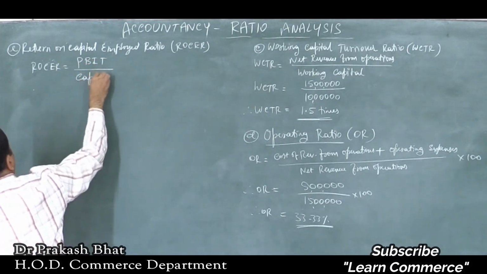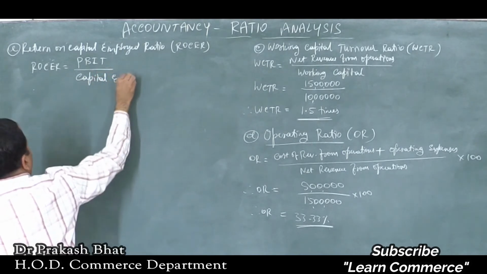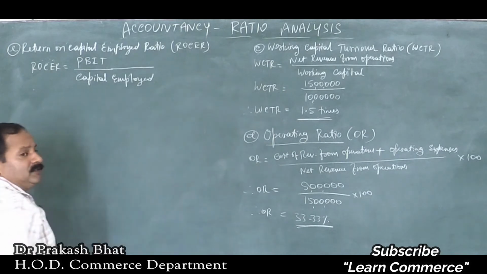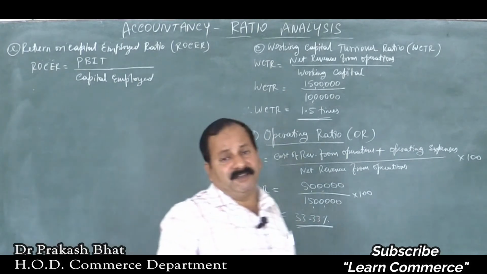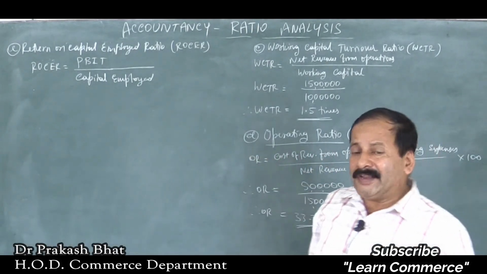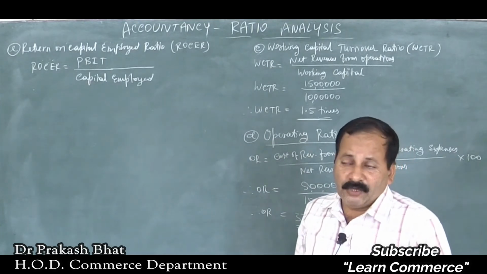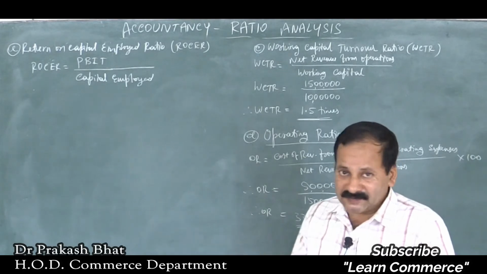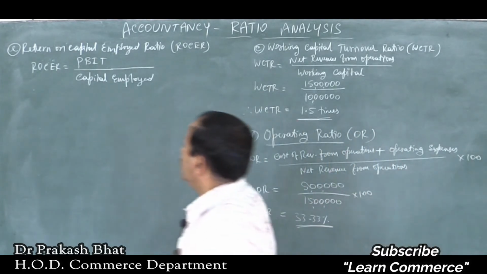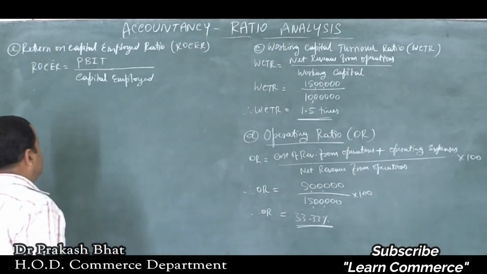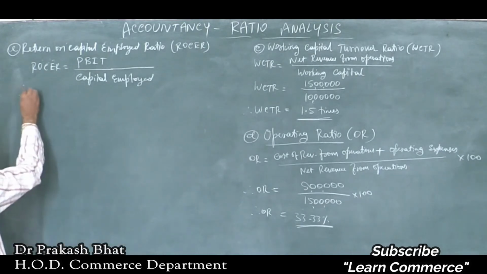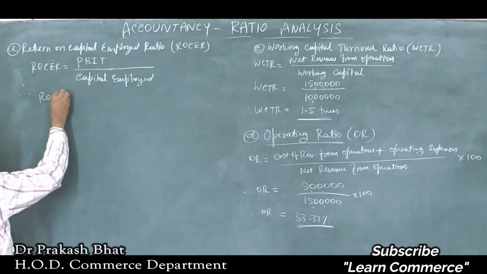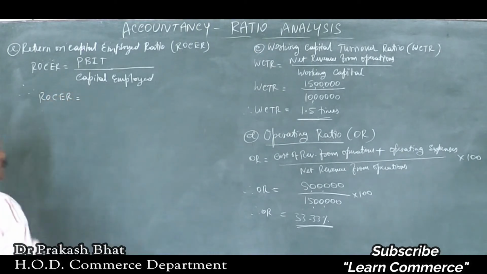Capital employed, I already told you, means either net assets or share capital, that is shareholders' funds, plus long term borrowings or non-current liabilities. Non-current liabilities or fixed liabilities plus shareholders' funds, isn't it? That is called capital employed or investment. Now let us substitute the figures in the formula. Therefore, ROCE is equal to